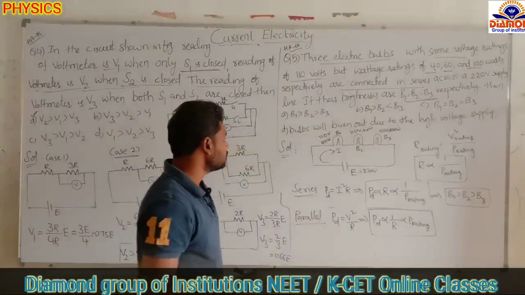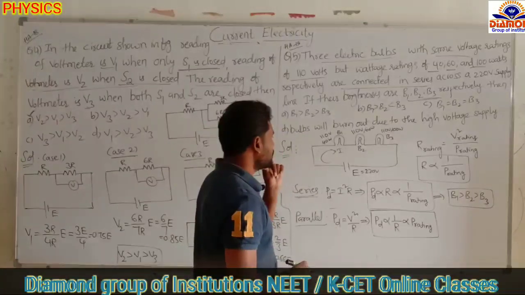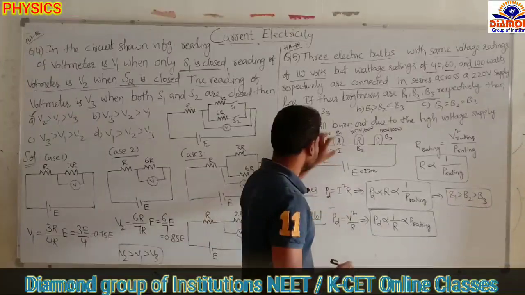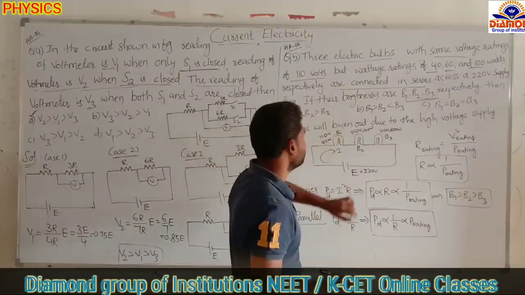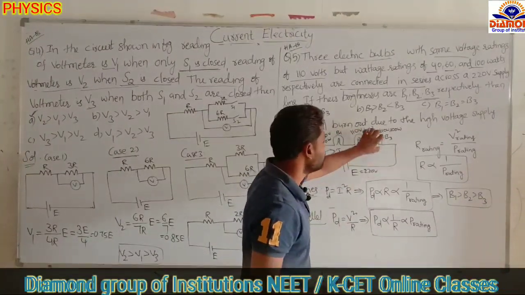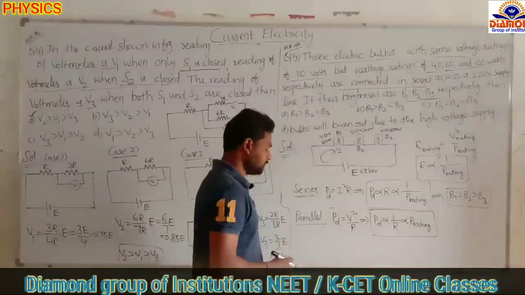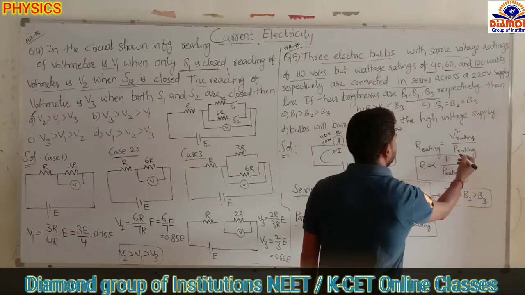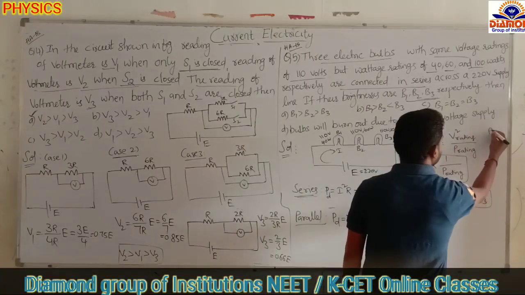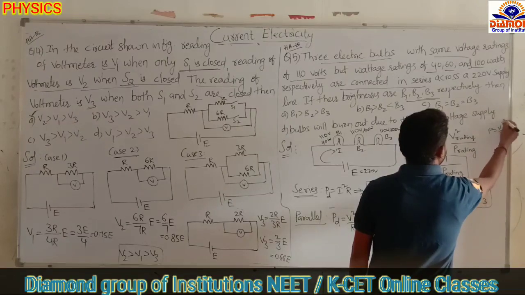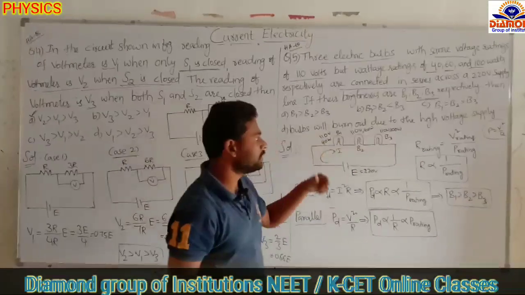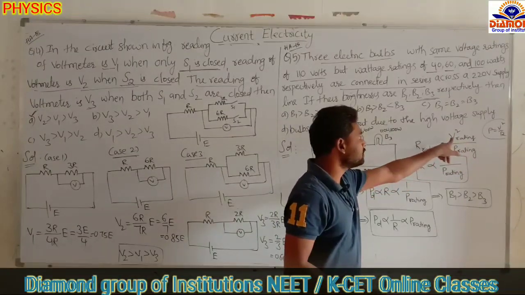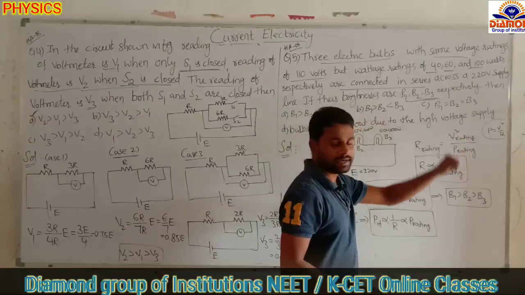Okay, so here, see now, to find the resistance rating, that means what is the resistance offered by this bulb, what is the resistance offered by this one, what is the resistance offered by this one, we have to find using the formula. The resistance equals the V squared rating by P rating. That means we have the formula P equal to V squared by R. Here we know the power and voltage, we have to find the resistance. So from that R equals V squared by P. Here V is nothing but the rating voltage, P is nothing but the rating power.